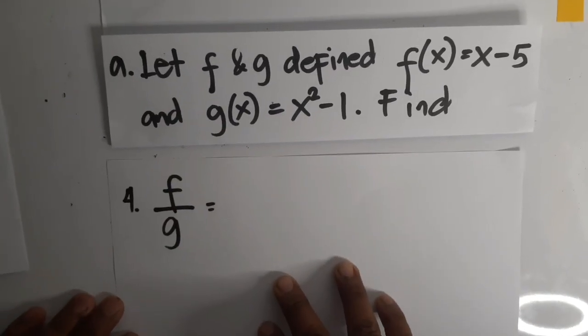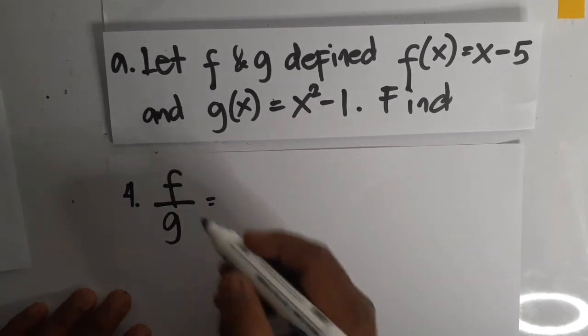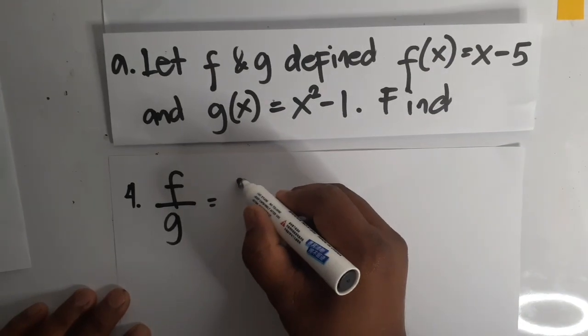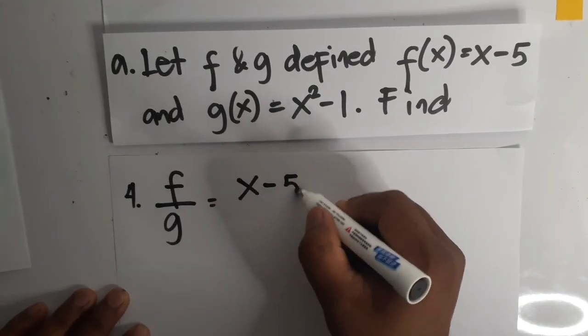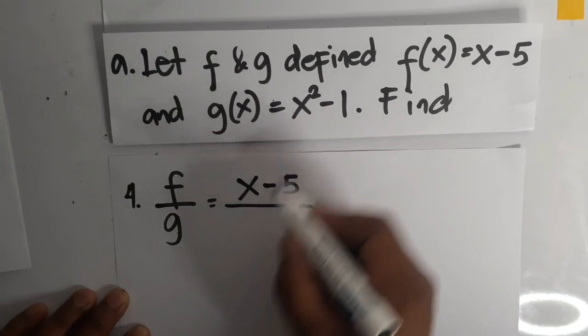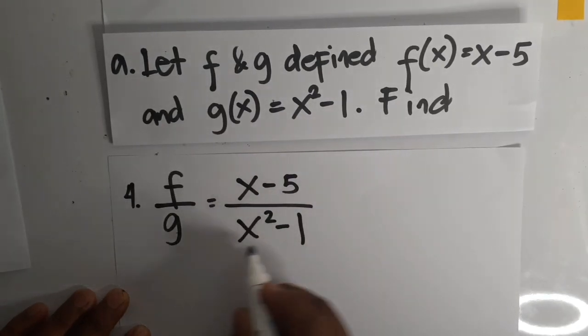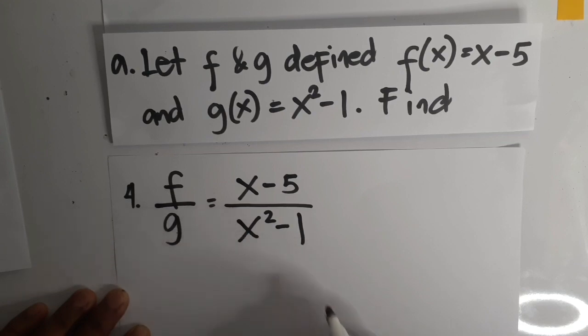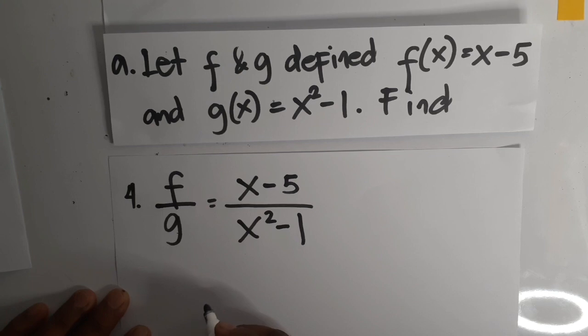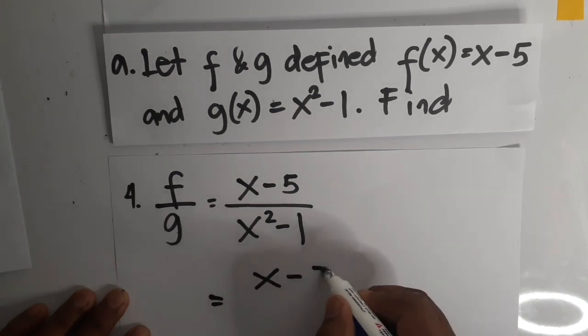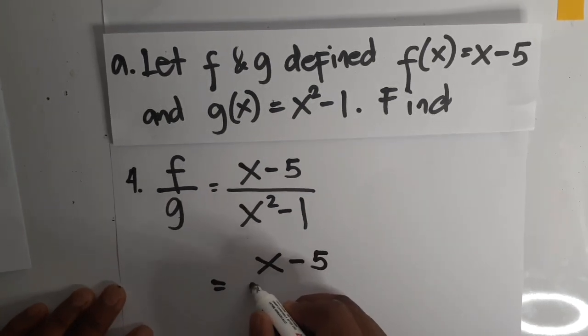Okay, so the last operation is the division. So you have the f divided by g or f over g. So your f again is x minus 5 and your g is x squared minus 1. So you notice x squared minus 1 is a difference of two squares. Okay, so let's try to factor out the denominator and let's see if we can simplify further the rational